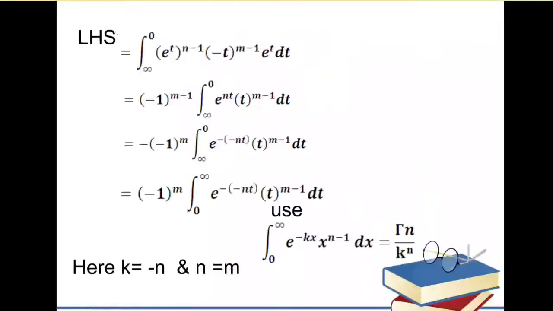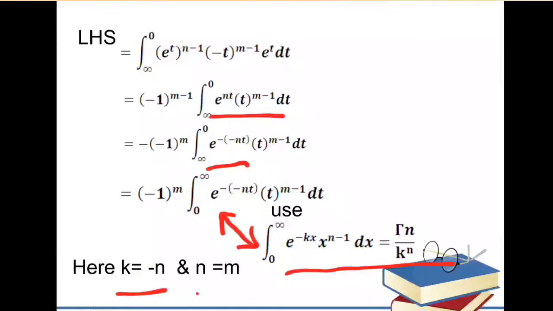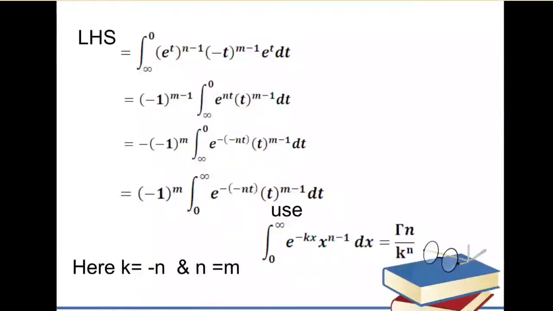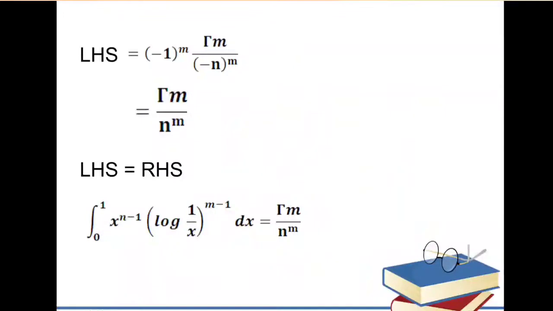Now see here, if we put this term in the integral, then the integral becomes in this way. Now for negative power, we adjust the negative symbol. If we take log of 1 by x equals to t, then no need to adjust this minus symbol. We directly get that minus value. Now using property number 3, we can write gamma of n divided by k raised to the power n. If we compare this property with this integration, then it is clear that k equals minus n and n equals m. Now put this value, then it is this one. Now see here, minus 1 raised to the power m gets cancelled, then this is our final answer.